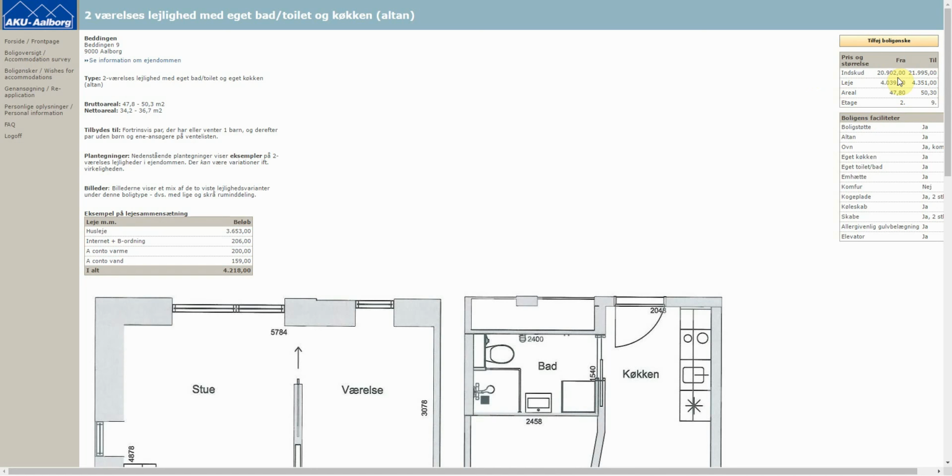Often in Denmark the apartments have a deposit which has to be paid by the moving in date, and it's some kind of security payment which is kept until you leave the apartment, and it's something that normally covers any damages that you eventually can make on the apartment. So every landlord will ask you for such a deposit, and it could be called either inskuld or depositum in Danish. You can see here inskuld